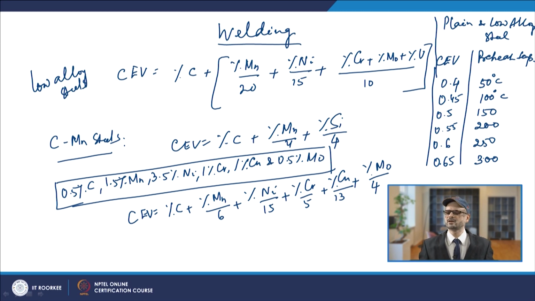So, this is for as far as the preheating is concerned for some of the steels. Now, many a times we have other formulas also. So, suppose you have to find the HAZ hardness from the carbon equivalent value also. The HAZ hardness, heat affected zone hardness, can be predicted from the carbon equivalent values, and for that